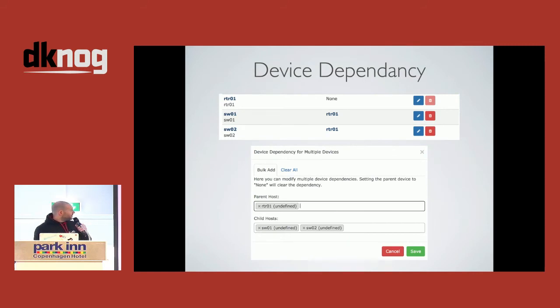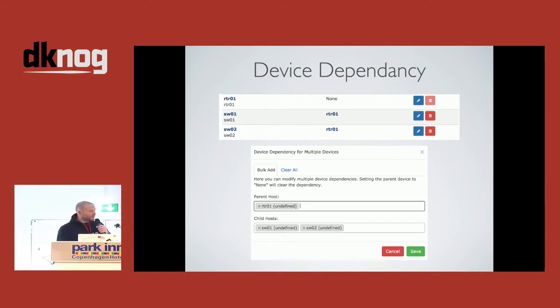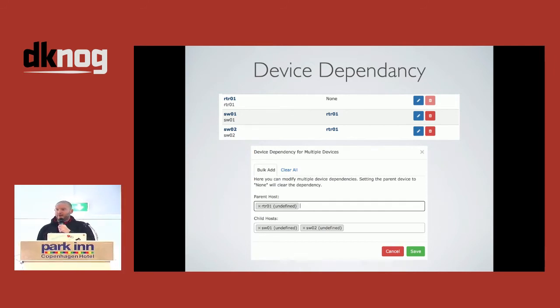One thing we were missing for quite a while, and again, this is one of the contributions that somebody just appeared one day and said, I know you need this, I've done it for you now, which is amazing. It's got us started. It needs a little bit of work. And I merged in the undefined fix for that before, so that won't show like that anymore. But the idea with this is you might have a core router in one of your POPs, a load of devices depending on that for connectivity. Beforehand, if the core router went off, LibreNMS would see all those other devices down and would send you alerts. Now you can set dependencies up to say, all the switches within this POP depend on this router. And if it's down, we only want to know about the router being down.